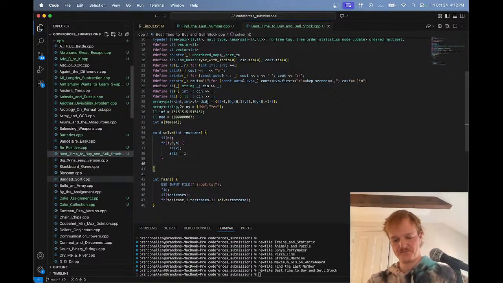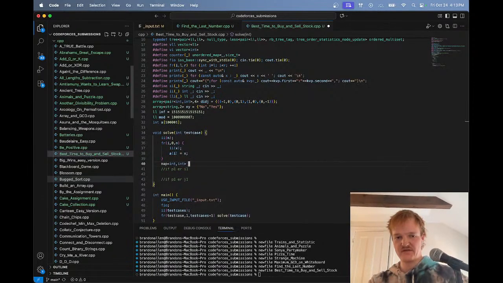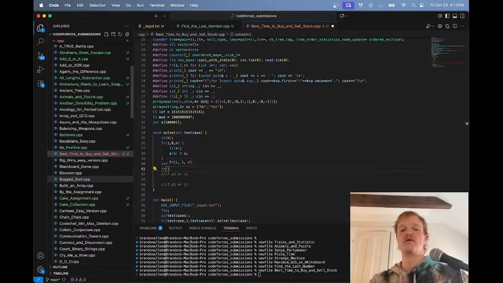Okay, we got that. So if player 1 erases x1, I'll say I1. If player 1 erases j1. So then I'm going to have a hash map. I'm going to say, or I'll just use a map, I don't care. Map int seen. I don't even really need that. I just need a minimum. For i from 1 to n,